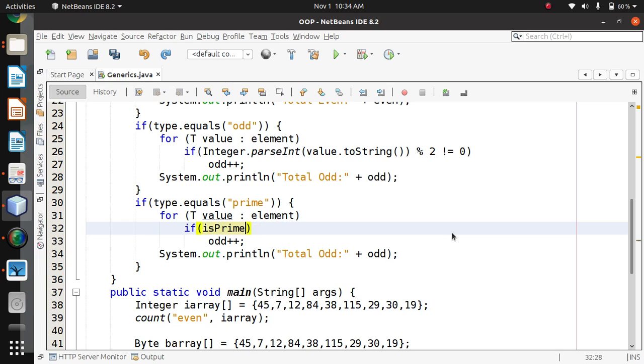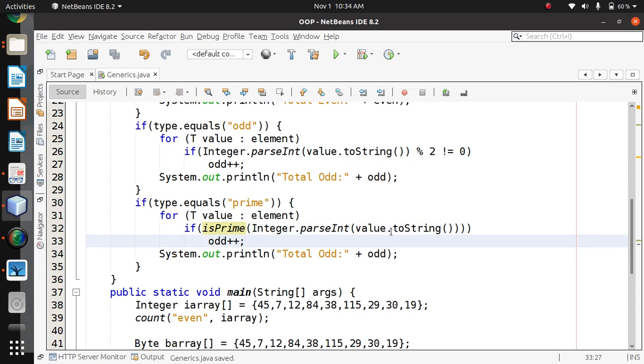So complete the statements which are done over here. Okay, so this number which I am using, if this number is prime, okay, that number is prime. What's missing? Okay, one more.